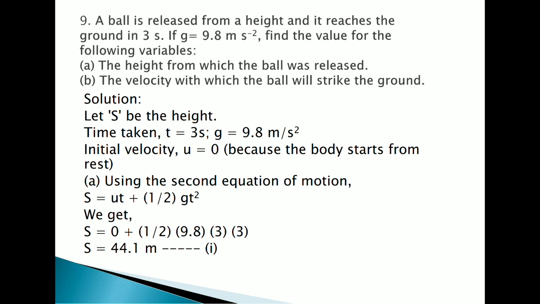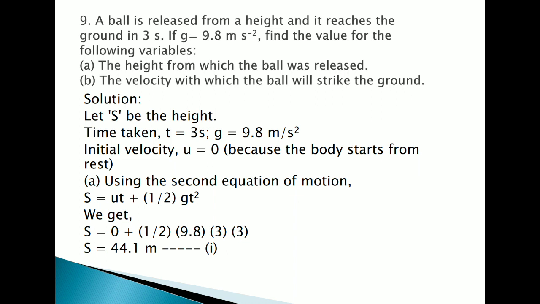Now the solution, we have to find out s. Time taken has been given, that is 3 seconds. What is g? 9.8 meter per second square. s is equal to ut plus half g t square. We will be considering g as positive, because whenever the object is moving downward towards the ground, acceleration is changing to acceleration due to gravity. So we take 9.8. u is 0, so ut will get cancelled. Half g, 9.8. Time is 3 into 3. So after calculating, we'll be getting the distance traveled as 44.1 meter.